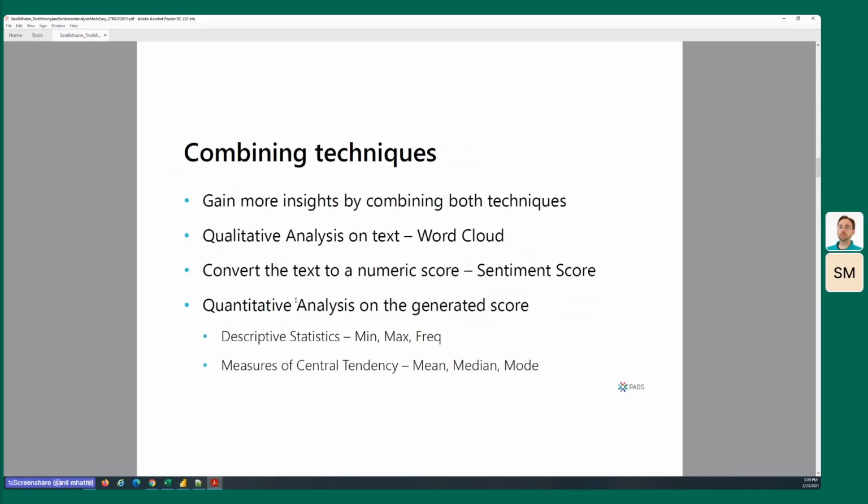You can also generate sentiment scores from that body of text, and that sentiment score is a number. So once you have a number, you can now start applying statistical techniques or numerical analysis on top of that data. So throughout this demo, throughout this talk, we are going to look at both of these techniques.